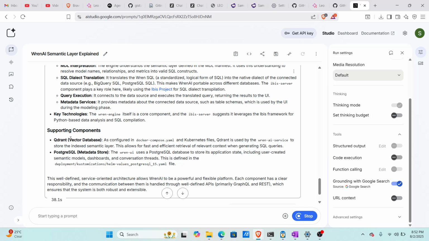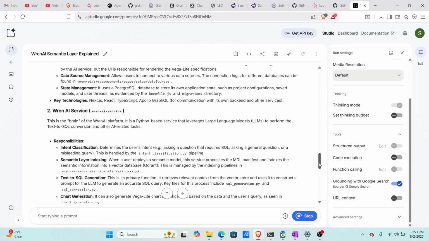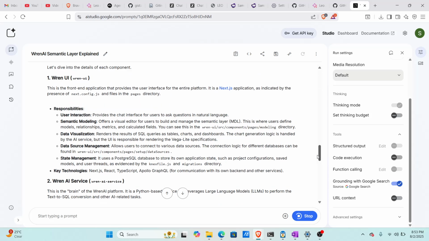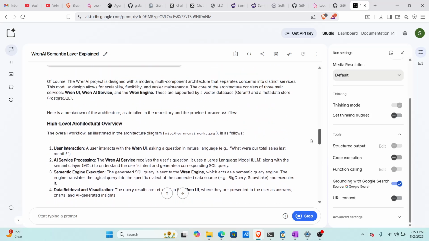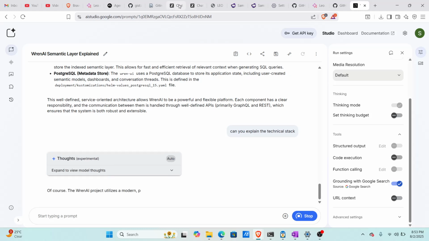They're using a vector database. They have two databases. Key technology they are using is Python. Now we'll see what it says. And MDL, SQL dialect, translate, query extraction, semantic. Then there is one more thing called